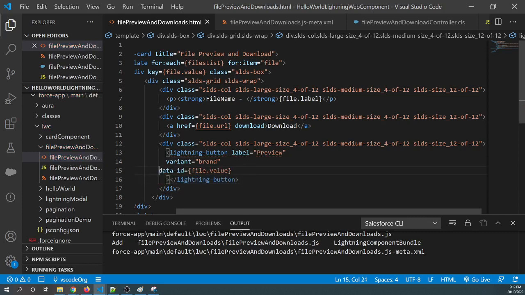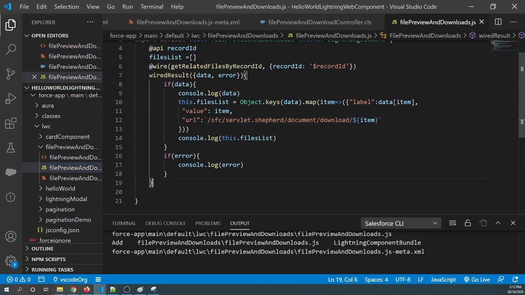Apart from this, on click of this button, I want to call a method. On click, preview handler. I mention the method here, and I'll create the method.